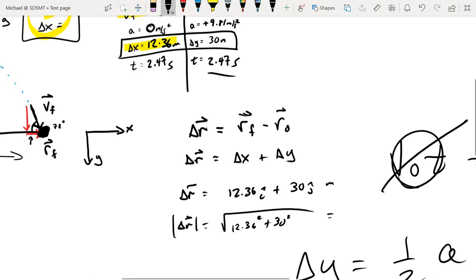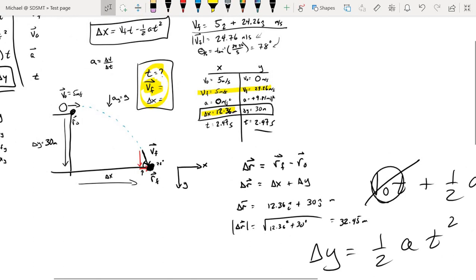And then we square root that. And I'm getting approximately 32.45 meters. Now, what does that final displacement vector look like? Going back to